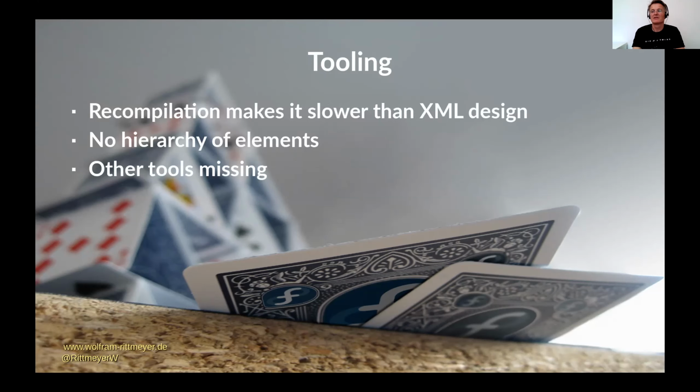One other thing, in the bottom corner normally of your layout screen, you have a hierarchy view of all the elements of the screen. And given that the new model is probably having much deeper hierarchies, I think it would be nice if we had this again. And other tools are missing as well. For example, the layout inspector. We have heard in the initial talk that it has improved a lot over the recent versions. And now we have this nice tool and we cannot use it with Compose. That's a bummer.